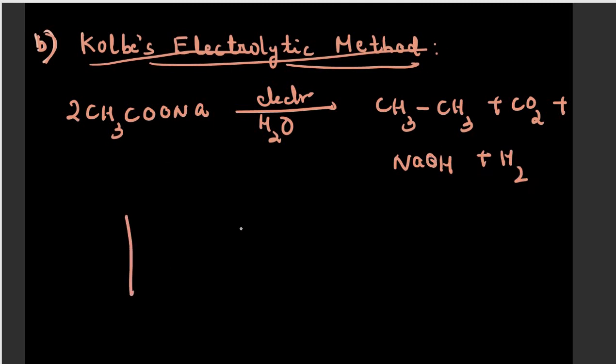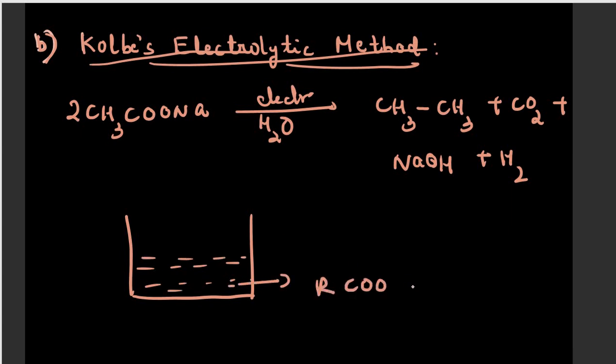Now, what do you mean by electrolytic method? In the case of the electrolytic method, we are taking a container which is filled with our salt. What is our salt here? It is CH3COONa. I am just writing the general expression. And in this, we are dipping 2 metal electrodes, and these metal electrodes are connected to the positive and the negative terminal of our battery. The positive and negative terminals are also known as anode and cathode.